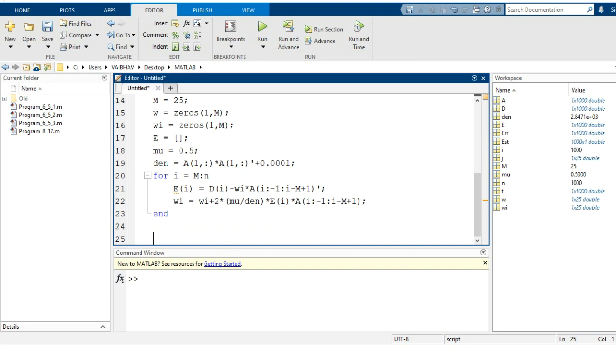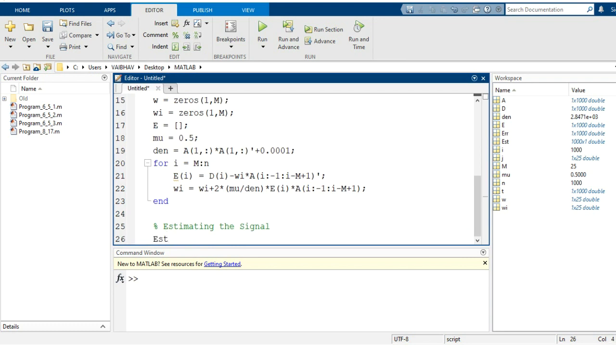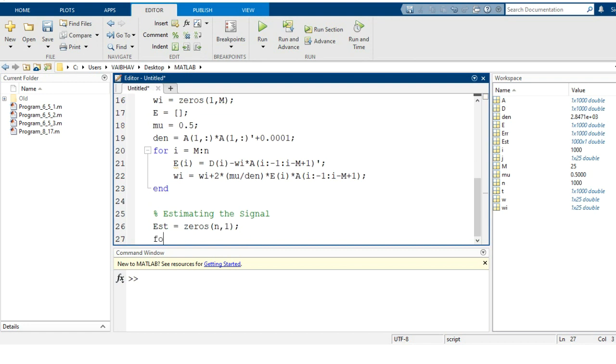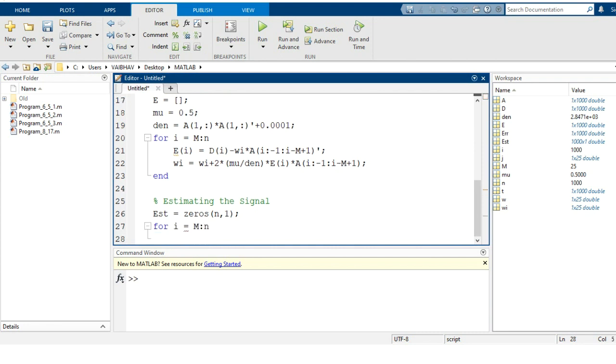The change you note down is that here it is the use of the denominator, so the variable DEN is there. So now we need to have estimation of the signal according to the normalized version of the LMS algorithm. So I just mention a comment, estimating the signal. In this case, initially we have the variable name est to hold this estimated signal. We initiate it with all coefficient values 0 for the dimension n comma 1 here. Use of for loop, index variable I is equal to m to small n, where we define small j initially